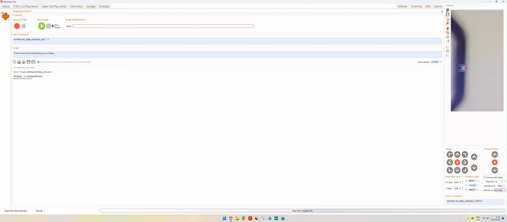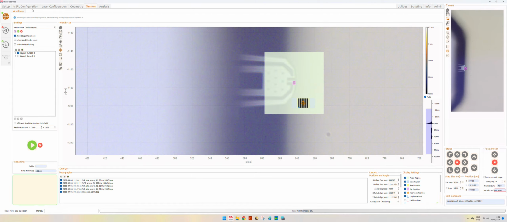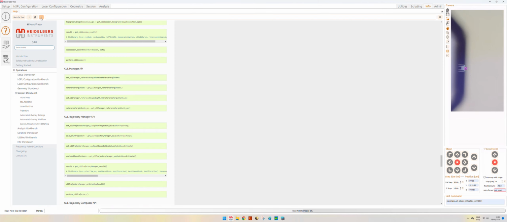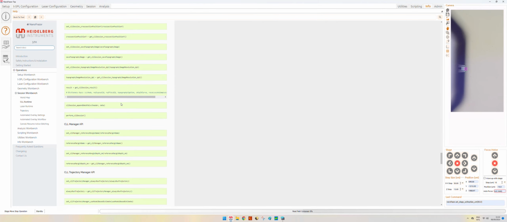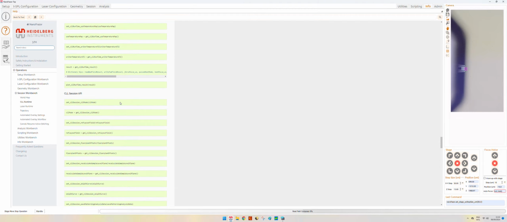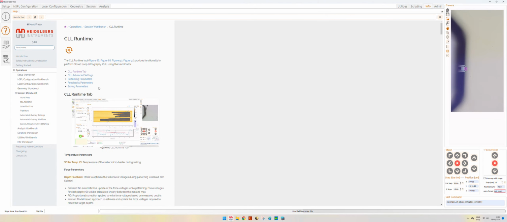If we want more advanced commands, or you want to know the list of commands, for example, you can go in the user manual of specific section. In this case, we have the TSPL or CLL runtime section.